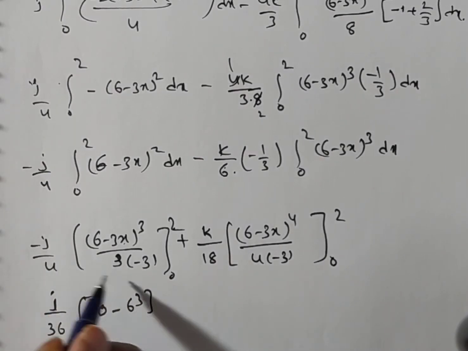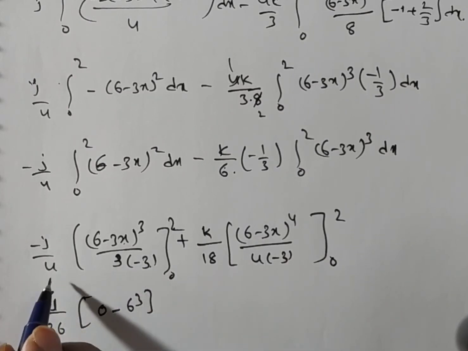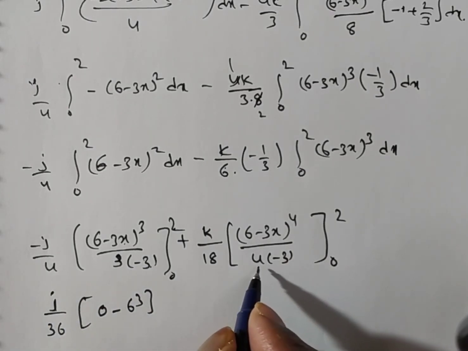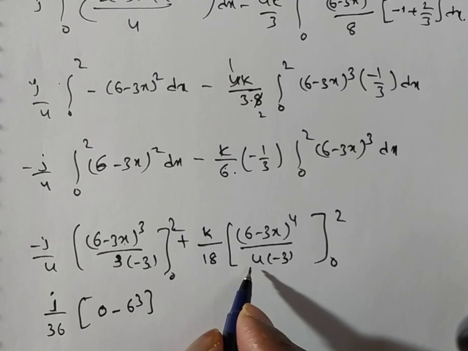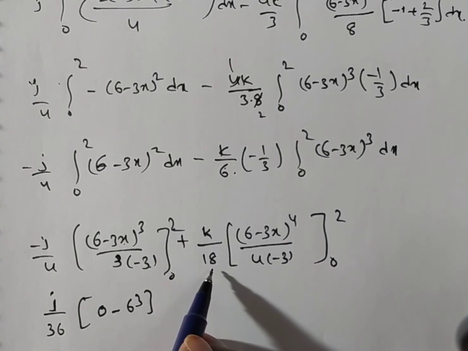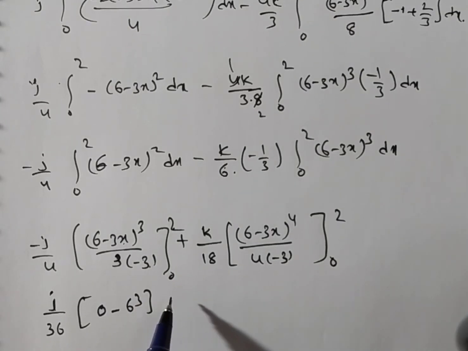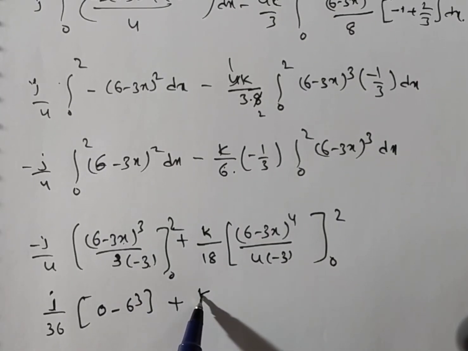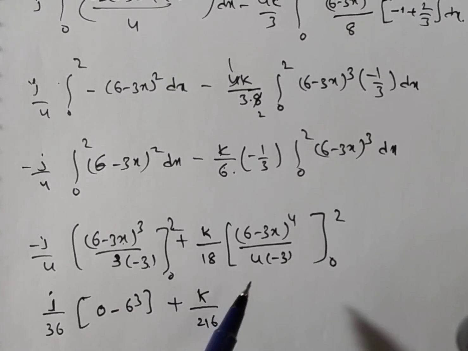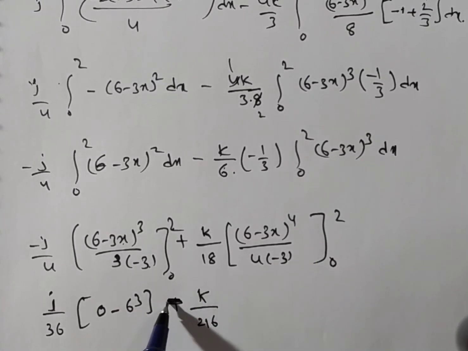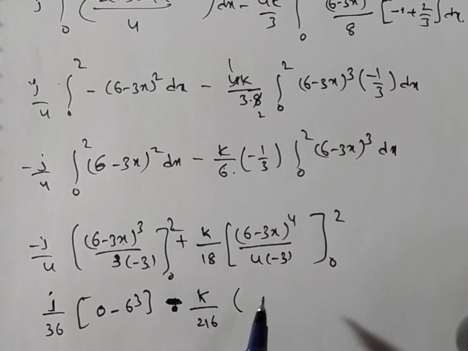J. Okay, minus of minus plus. 3 3s are 9. 9 4s are 36. And this is, you observe, 18 into 4 into 3 is there. 18, this is 12. 12 times of 18 is nothing but 216 you are getting. So k by 216, but there is a minus. So plus into minus, minus I am writing here. Clear friends? Now this is upper limit if you substitute.